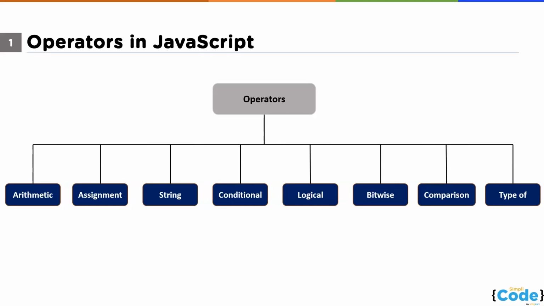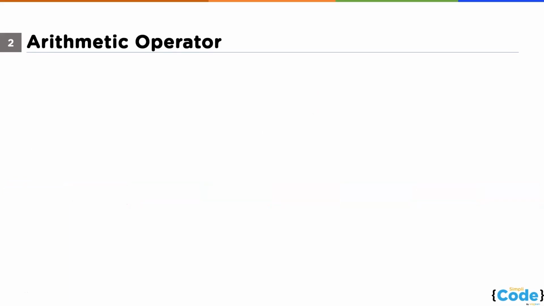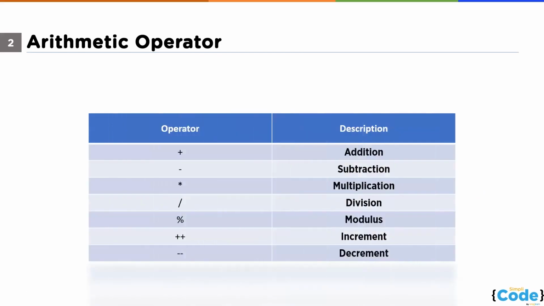First up here is the arithmetic operator. Hope you all are aware of the term arithmetic, right? So, arithmetic operators perform mathematical calculations, like it performs addition, subtraction, multiplication and division as well. So here are the few operators you can see on your screen: the plus operator, minus, asterisk, division, we have modulus, we have increment, we have decrement. So these are the basic arithmetic operators. We'll see each of these operators with an example. So let's move on to the programming part first.